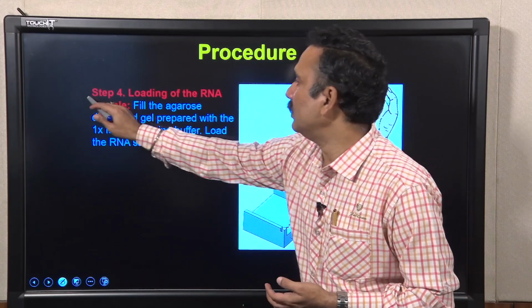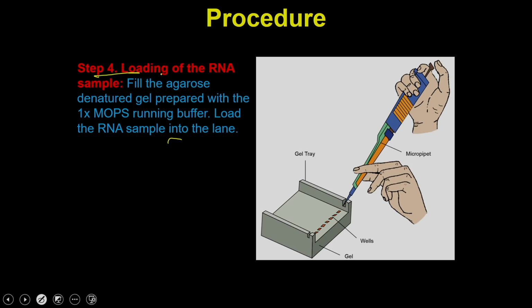In step 4, you do the loading of the RNA samples. Fill the denaturing agarose gel prepared, with 1x MOPS running buffer and load the RNA sample into the well. The loading is always exactly the same as what we have discussed for the loading of the DNA into the agarose gel,